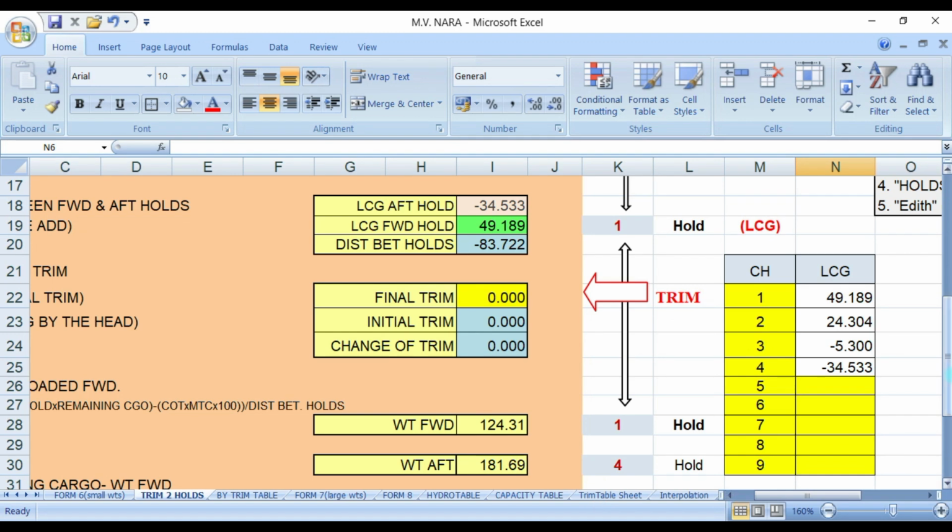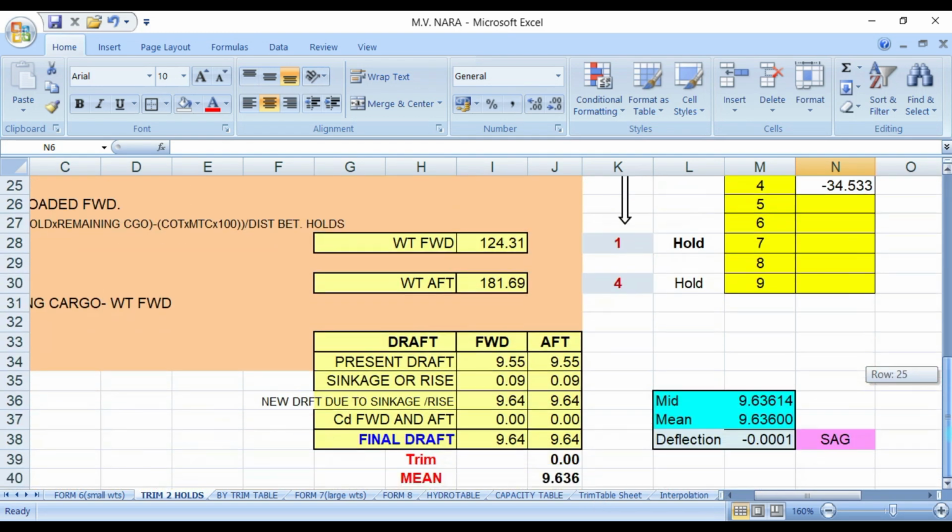Okay, and what will be your final drop? It is even keel. 9.64 forward and aft is 9.64, zero trim, and your mean is 9.636, and you have a zero deflection.